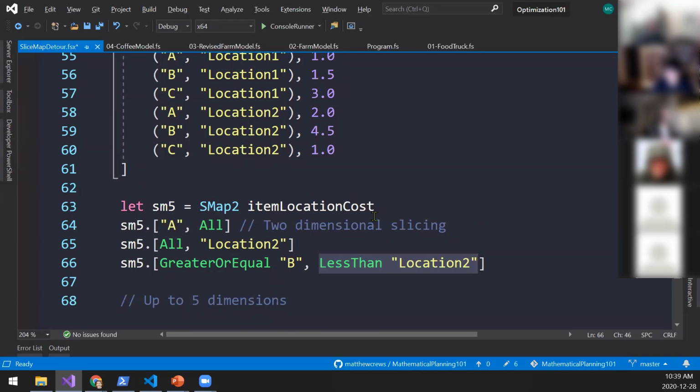Which becomes really useful when you start applying domain modeling to your mathematical planning. Because now your dimension isn't just a string, it's a location, which is like a single case discriminated union. I don't have time in the 4 hours to get all the way deep into the domain modeling, but let's just say it becomes very powerful as you go forward.